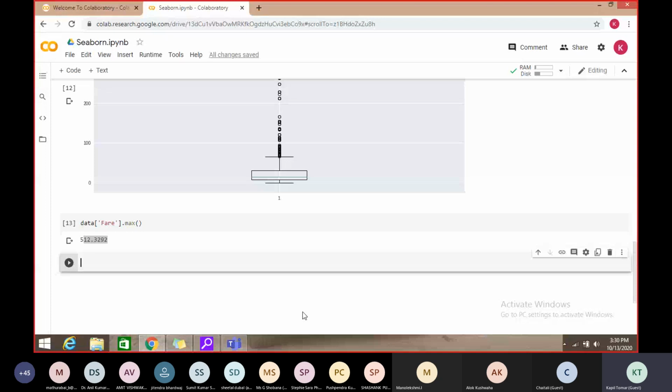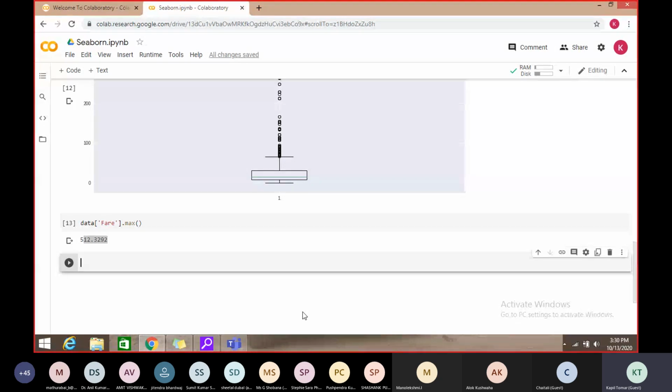So Z score is a numerical measurement which is very helpful for describing a value's relationship to the mean, meaning how a particular value is related or how close it is to the mean.